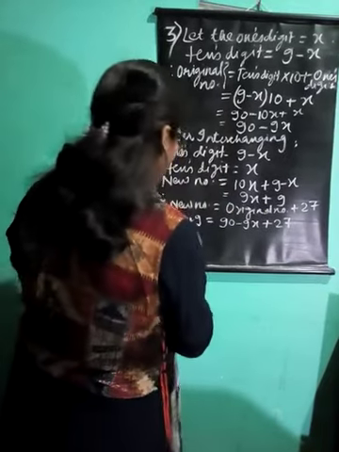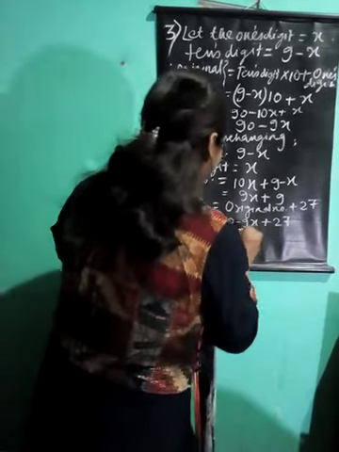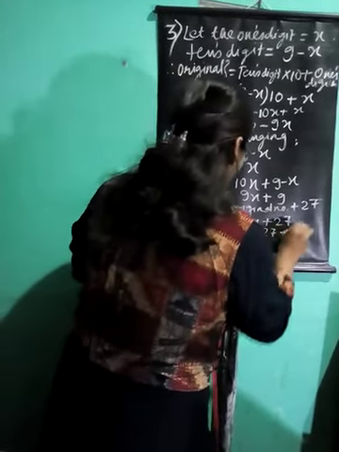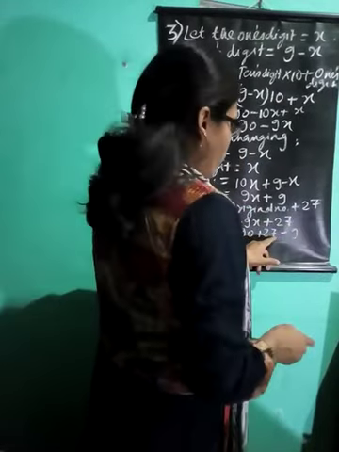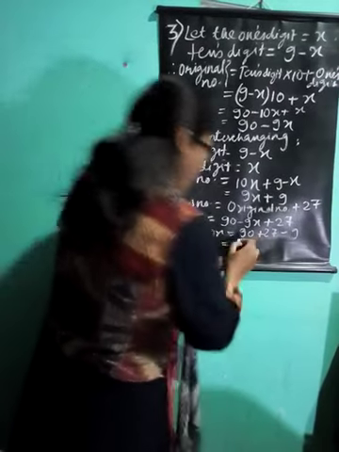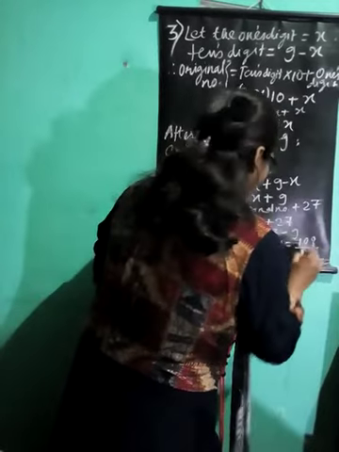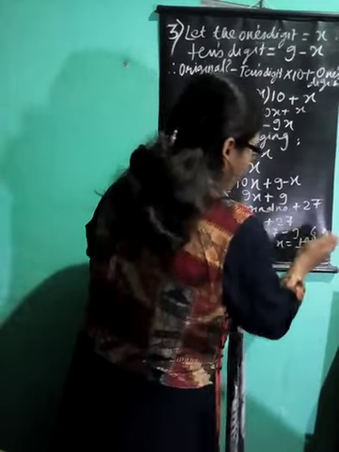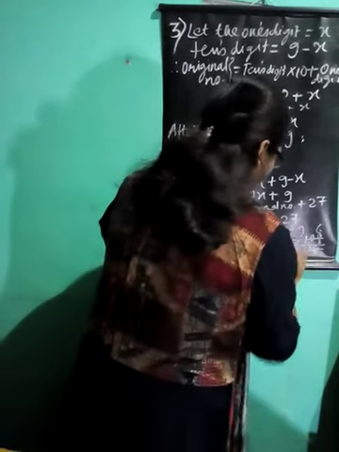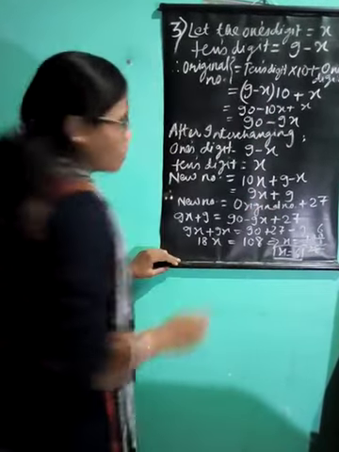Now solve this equation. You have it as 9x. Here you get 9x again from this side, and here 90 plus 27 minus 9. Okay, so you get here 18x is equal to, this is 18 plus 90, 108. So you get x is equal to 108 divided by 18. How much? It is 6. Now x is equal to 6 you got. It means that your ones digit is 6.